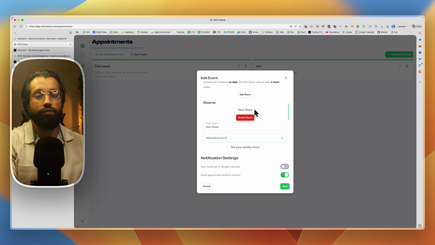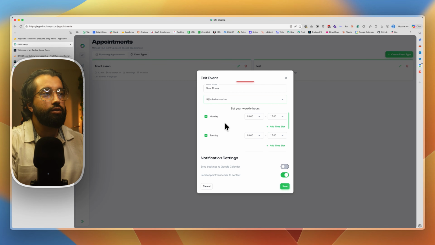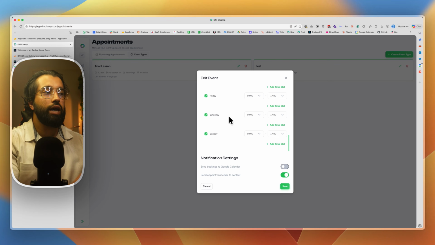It's just to paint a picture in your head. If you're, for example, a clinic, you can have multiple rooms at the same time, and each room can be booked. This could also be salespersons or whatever. You can set your weekly hours, and of course, this will check your Google Calendar